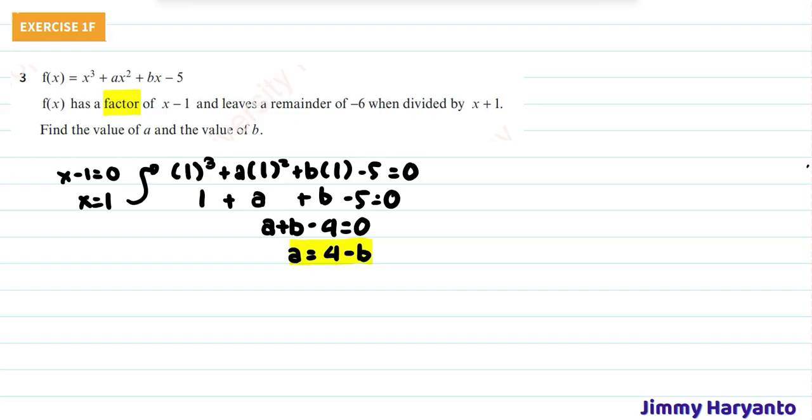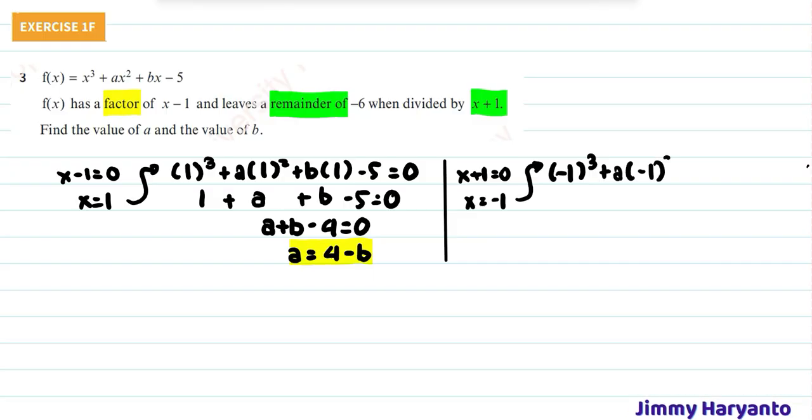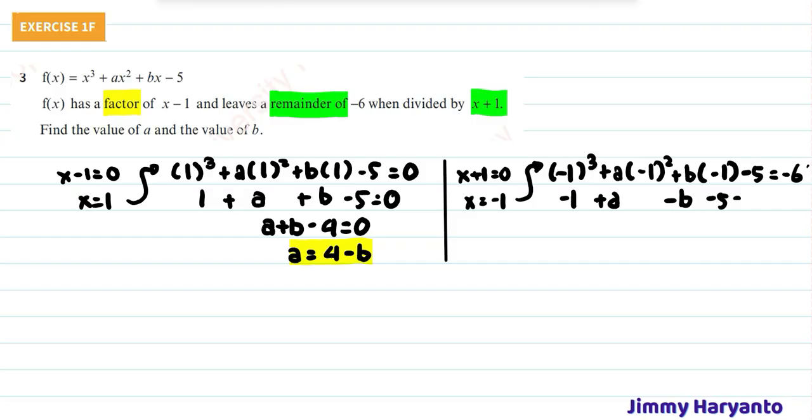And then after this, you read remainder of negative 6 when divided by x plus 1. That means we will use the remainder theorem. So x plus 1 equals 0, x equals negative 1. After this, you just input it into the polynomial, negative 1 to the power of 3 plus a times negative 1 squared, and then plus b times negative 1, and then minus 5. The answer has to be the remainder, negative 6. And then this one is negative 1, this is a, this is negative b, minus 5 equals negative 6,